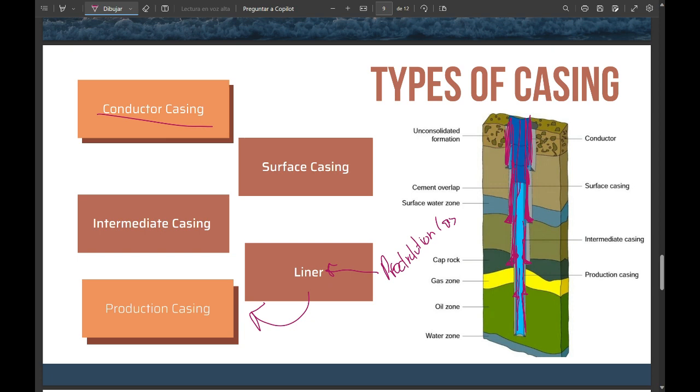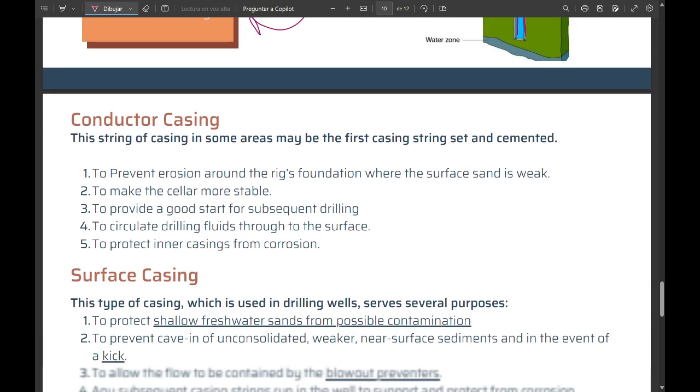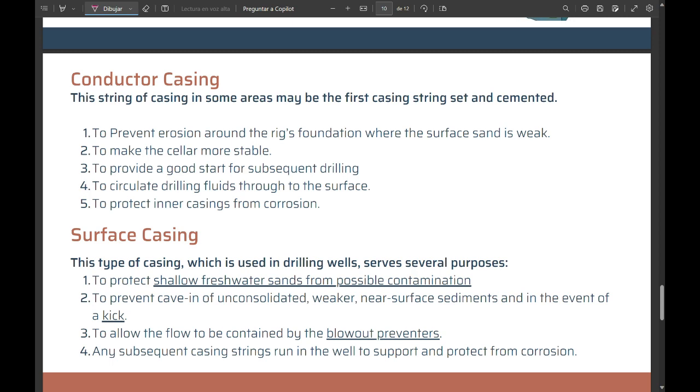So the liner casing, in some wells, as I was saying, the liner is used instead of the full casing string. The liners are gonna be shorter sections of casing that are hung off the bottom of the previous casing string. So they are typically used to extend casing to a specific depth without running a full casing string to the surface. So here I put some of these